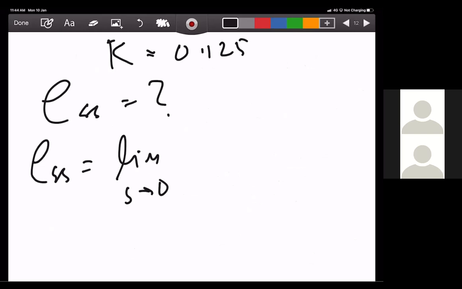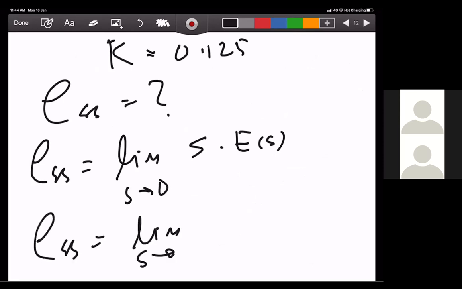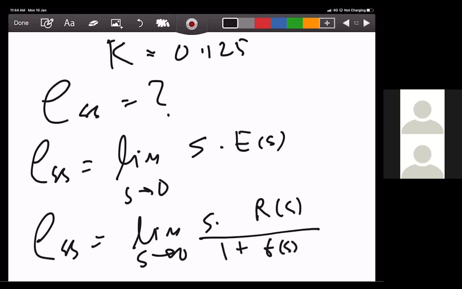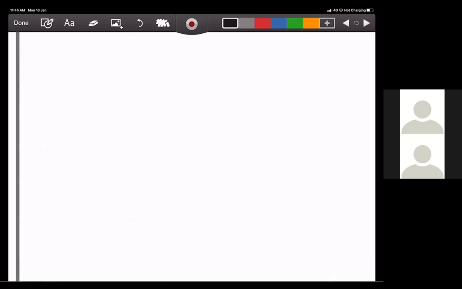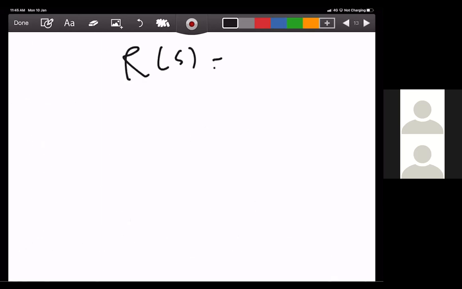Limit S to 0, S E(s), which is equal to... E(s) is R(s) input divided by the... R(s) is one step, 1 over S. So that's why the steady state error is 1